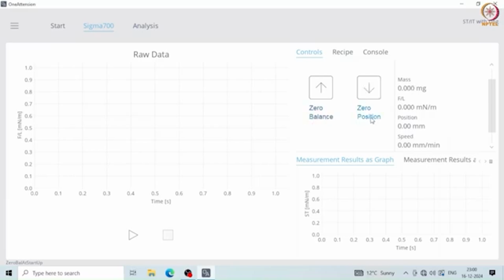As you see, the mass is almost set to 0 and the position is also set to 0. Now we are near the interface. As I mentioned earlier, we have prepared the recipe. With the recipe ready, I will now start the measurement. Click on the measurement to begin. This process